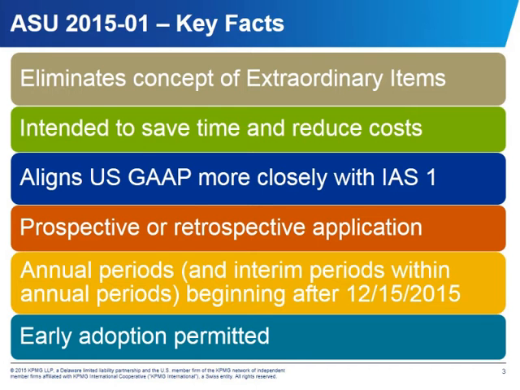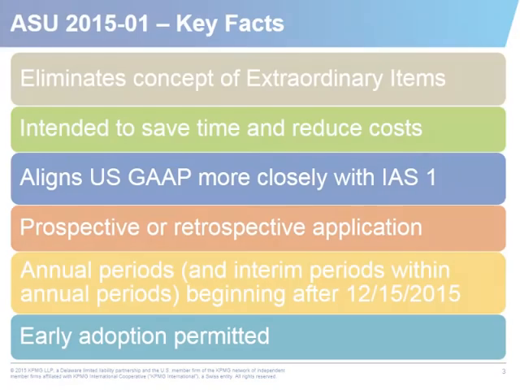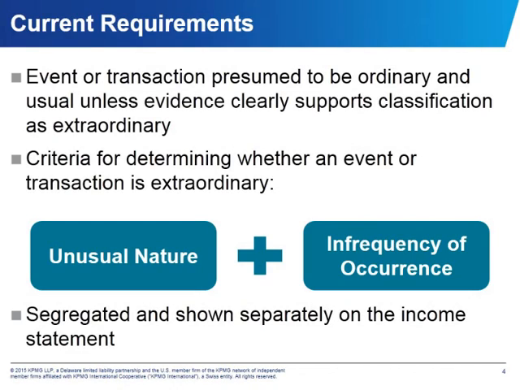Sure, you need to know that early adoption is permitted, provided that the guidance is applied from the beginning of the fiscal year of adoption. Also, when using prospective application, you are required to disclose the nature and amount of the item included in income from continuing operations that adjusts an item that was previously classified and presented as an extraordinary item. When using retrospective application, you must provide disclosures on changes in accounting principle as described in ASC 250-10-50.